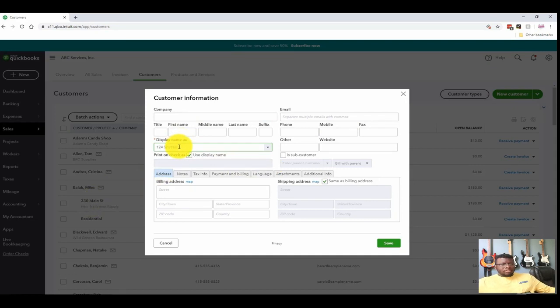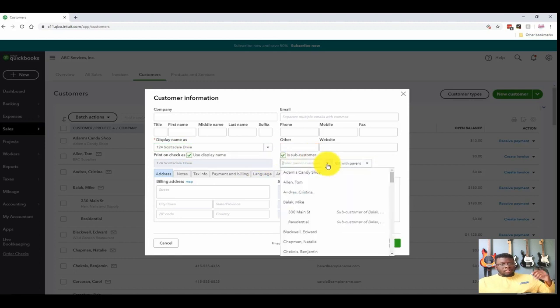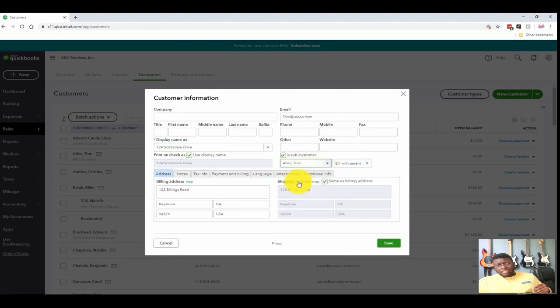And the only other thing that you want to do is come over here where it says is subcontractor, and underneath it pick the customer you want to apply it to. Now you can also see it says bill with parent over to the right, and you do want to keep this actually together. So you can also bill this customer individually. So we're going to leave it on bill with parent, and you'll see that it actually pre-populated all of